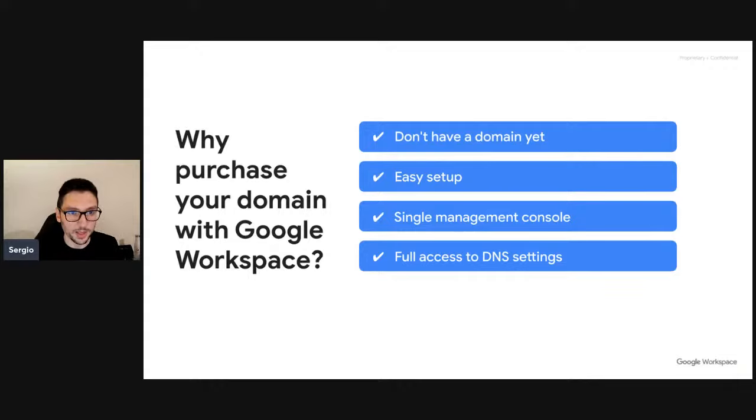You will be able to use one single console to manage both your domain and workspace subscriptions and payment options, and you will have one monthly invoice for both. Also, this comes with full control over your domain's DNS settings. Now, let's dive into the demo.